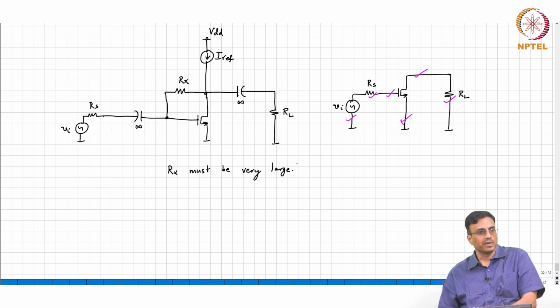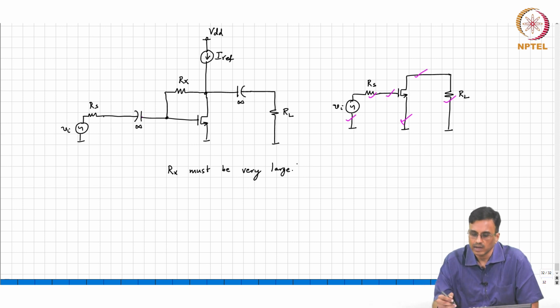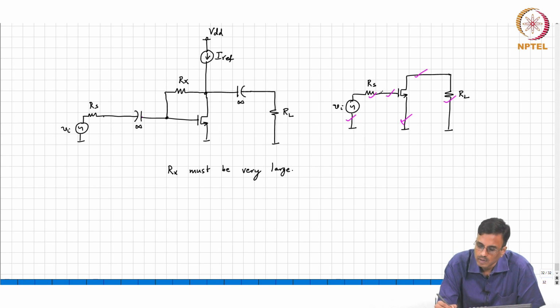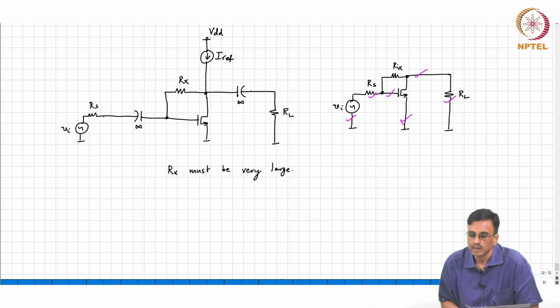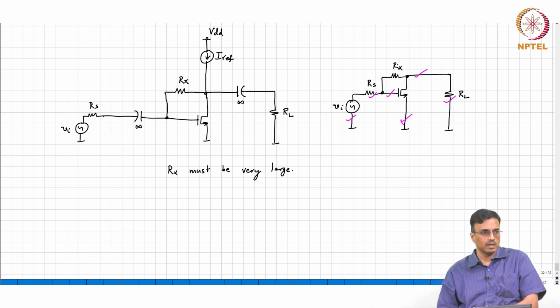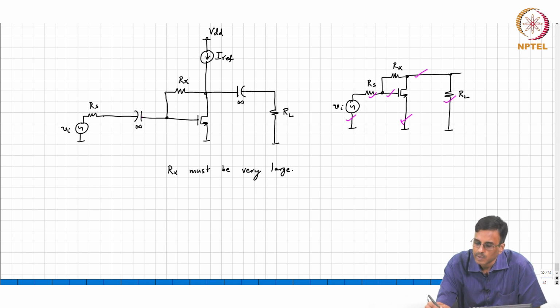One way of doing it is to say, well, you have an incremental network, right? What is the incremental equivalent now? You have an Rx there, correct, and you find the relationship between Vo and